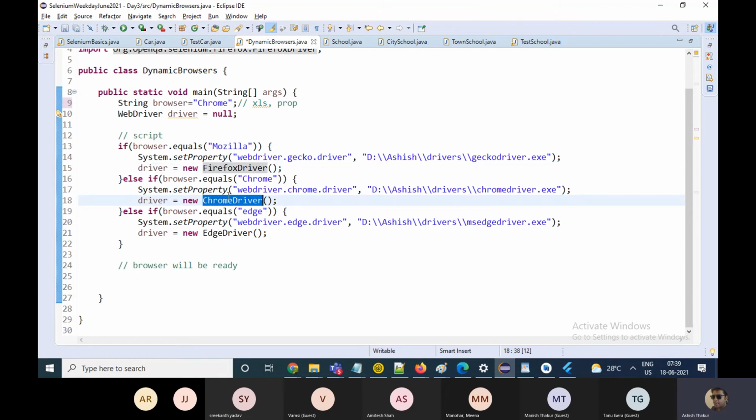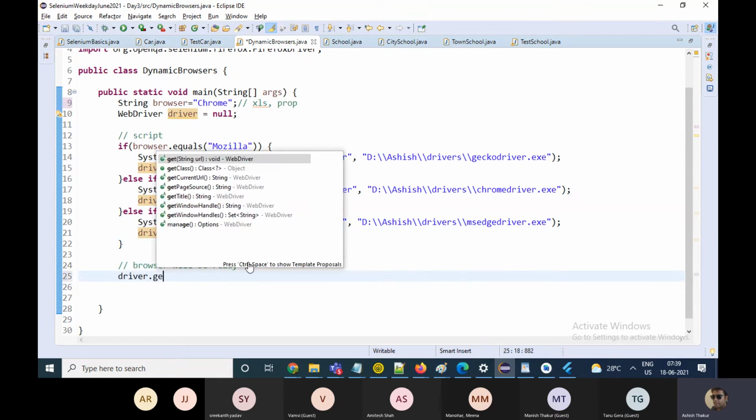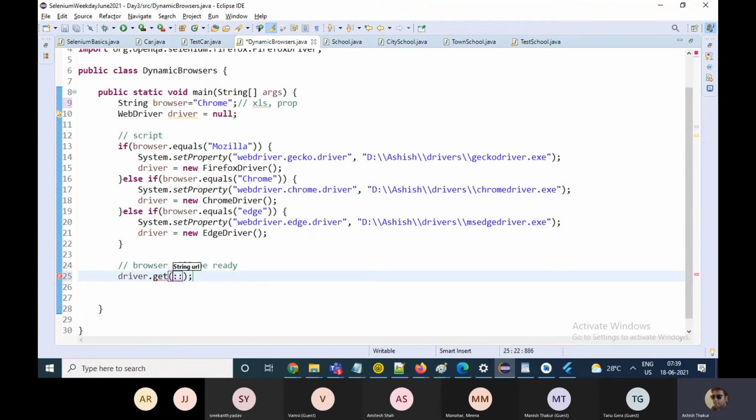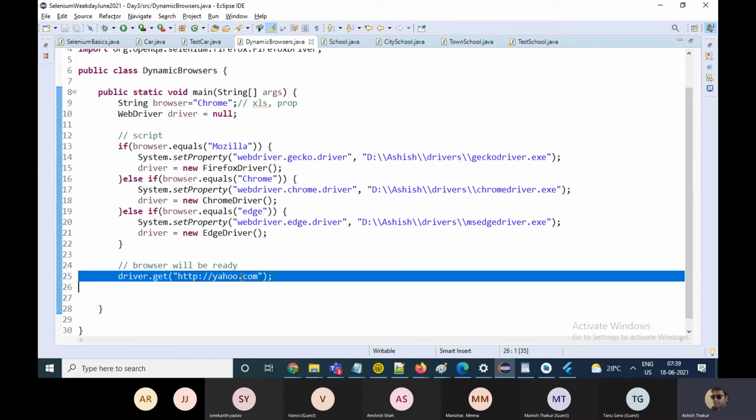In all the three driver classes, the functions are the same. I can use driver.get yahoo.com, so I just need to write this once.